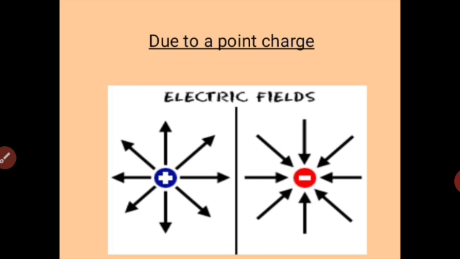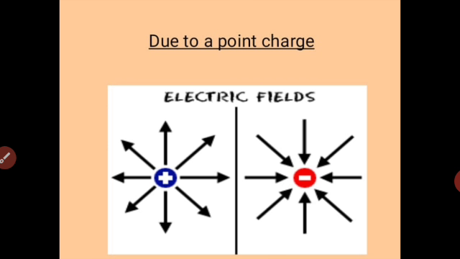If you place a unit positive charge near this positive charge, then of course the test charge will undergo a force of repulsion. This is because the test charge is always considered to be a unit positive charge. So when the source charge is positive, the test charge will undergo repulsion and thus it will move away from the positive charge. Thus, the field lines are always pointing outward from a positive charge.